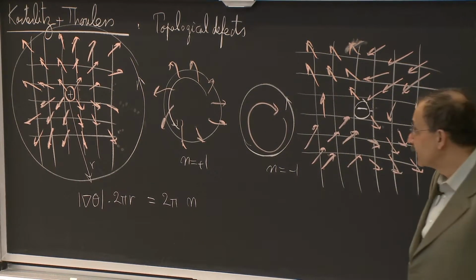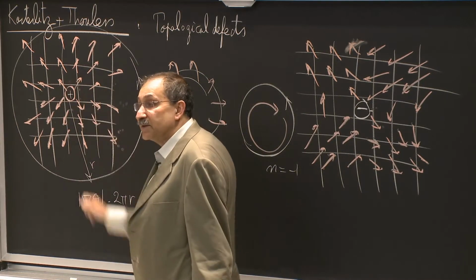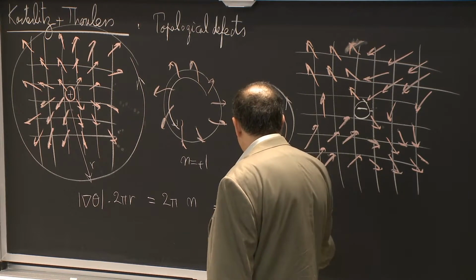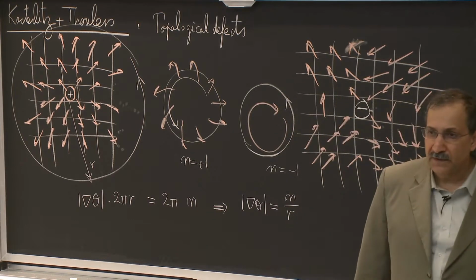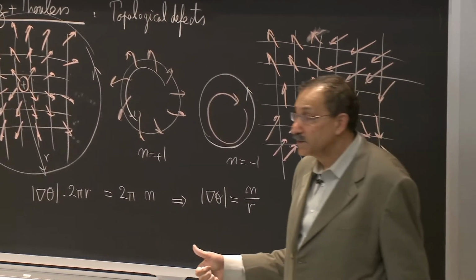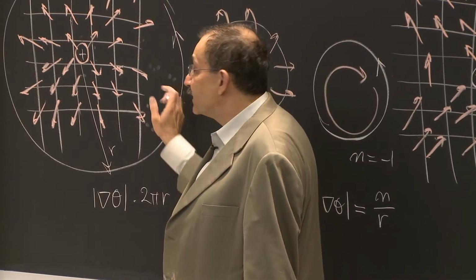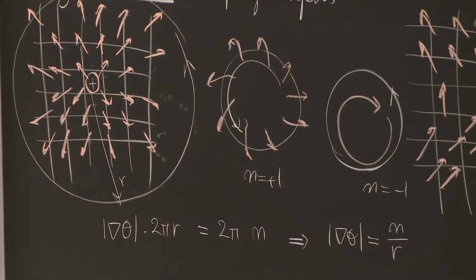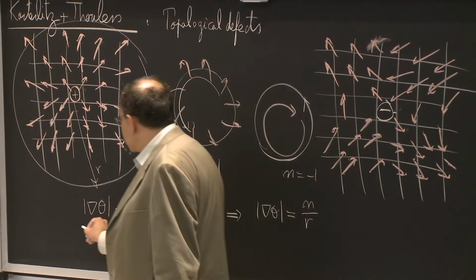So you can see that when you are far away from the center of whatever this defect is, the gradient of theta has magnitude n over r. And as you go further and further, it becomes smaller and smaller. And the energy cost out here, you can obtain by essentially expanding the cosine, is going to be proportional to the change in angle squared. So the cost of the defect